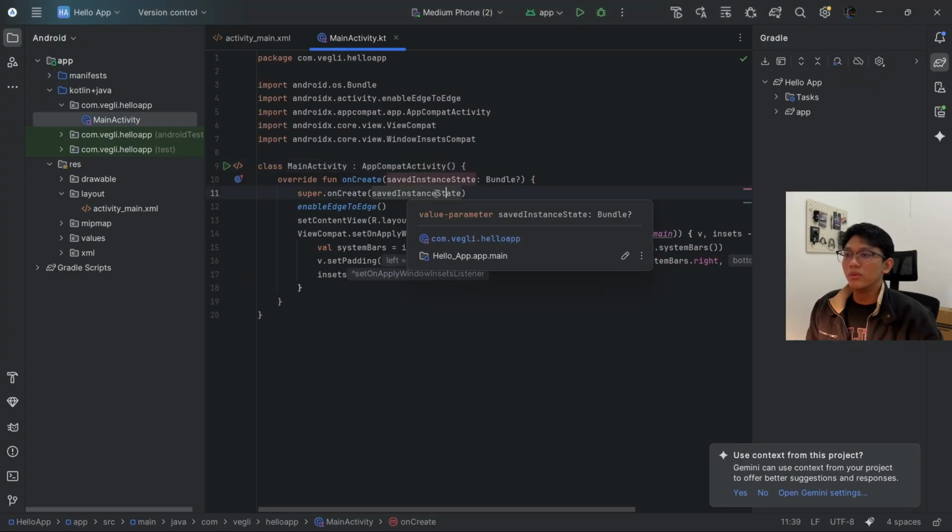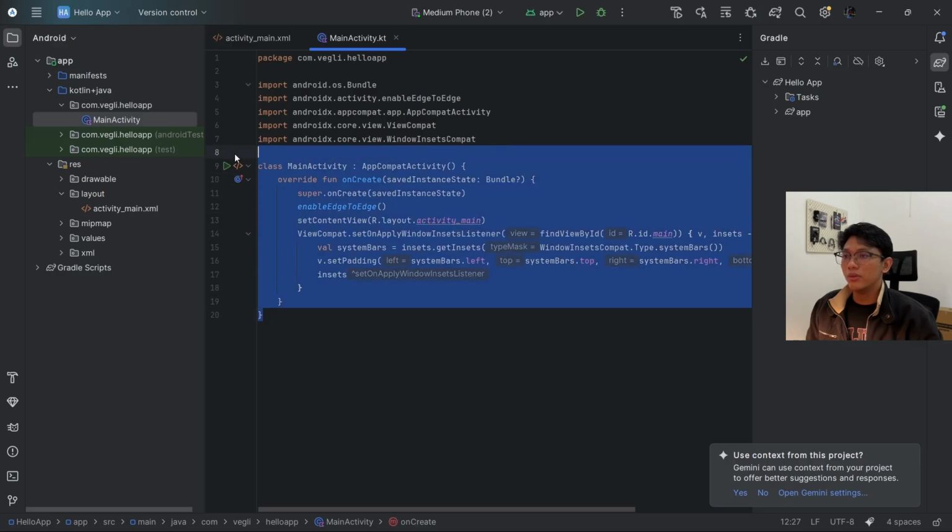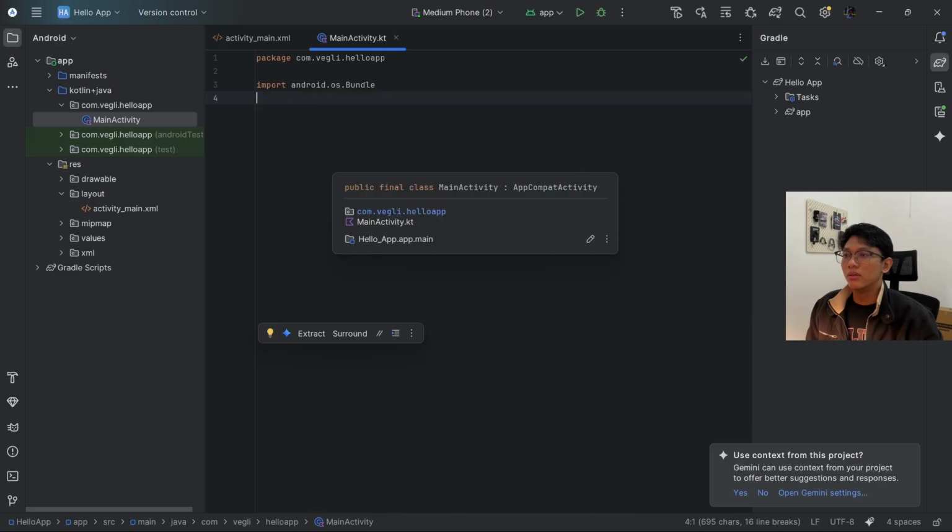Then we will also modify MainActivity inside the package folder. Here is the template provided by Android Studio. We will use our own program, so we delete this part and leave only the bundle section. Okay, let's start coding here.